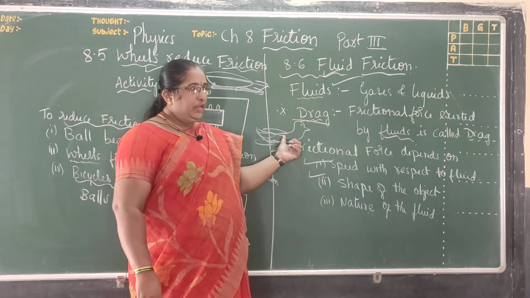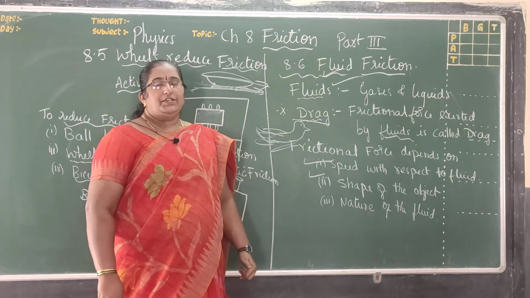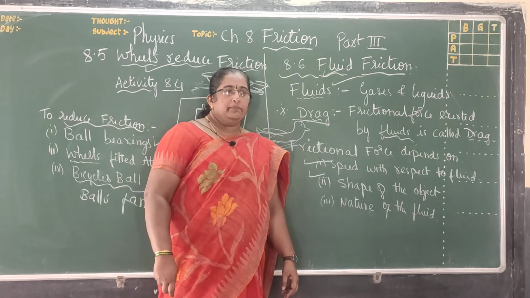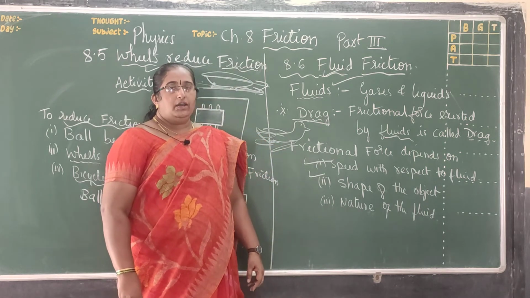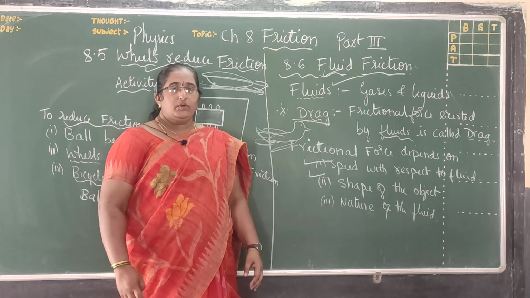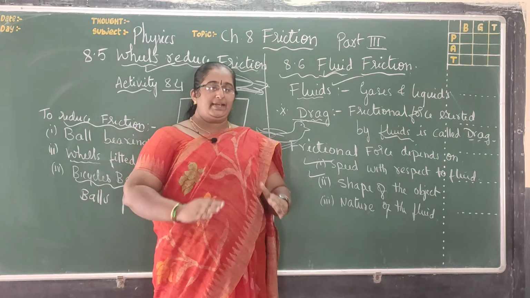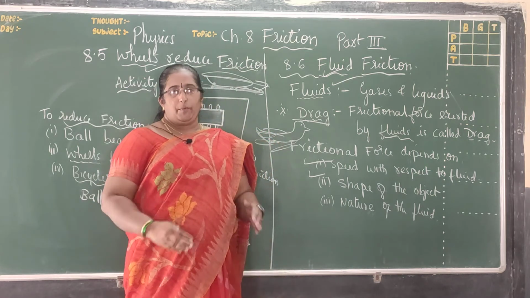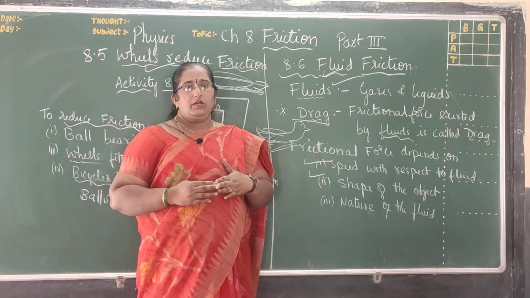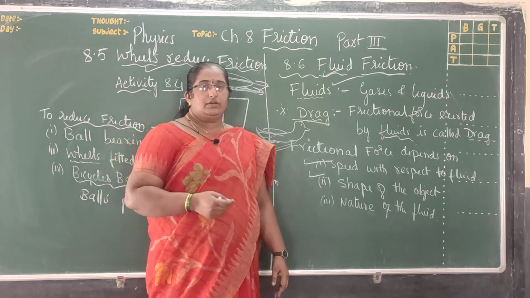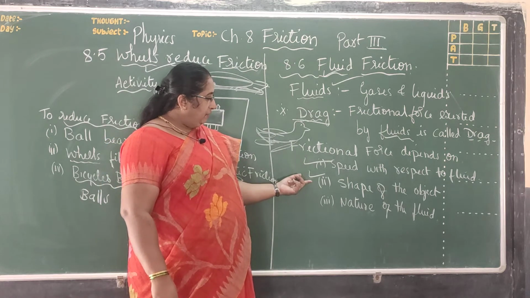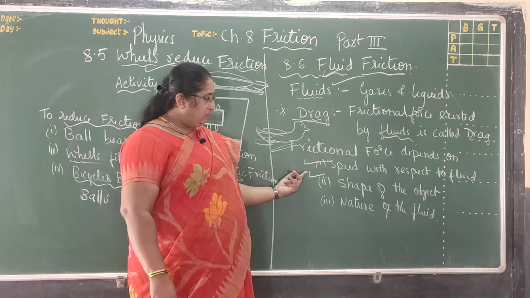So depending upon the shape of the birds, the shape of the aircrafts, the aeroplane, the helicopters, or the space jets or rockets, what is the shape? All have been designed into a streamlined body having a pointed upper portion. The pointed upper portion will cut through the air, and in that way it will reduce frictional force, it will reduce drag, so it will help for its motion. So the second factor is the shape of the object.